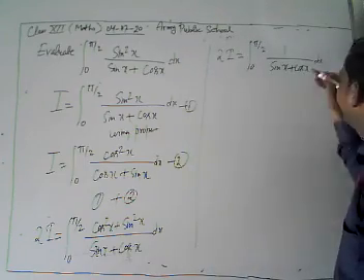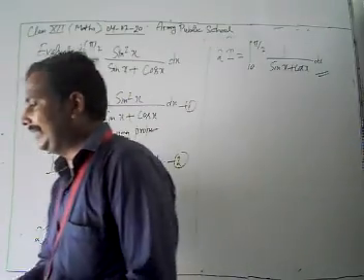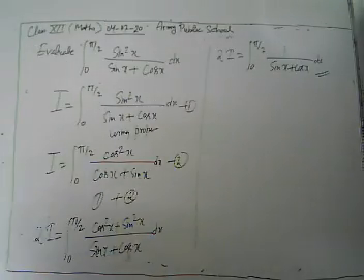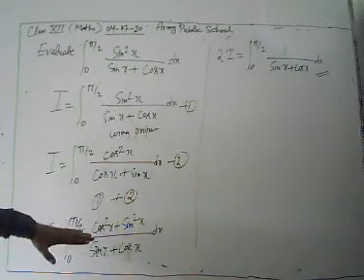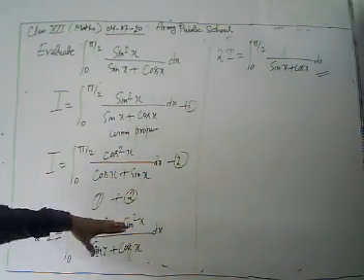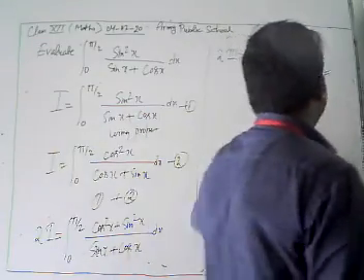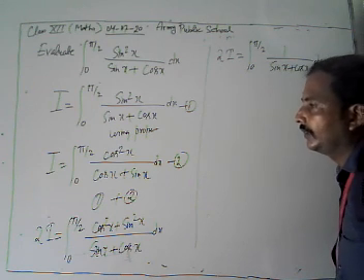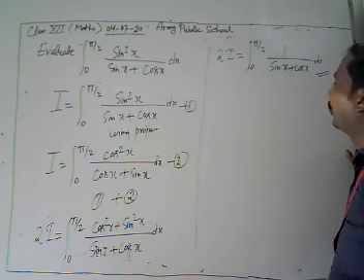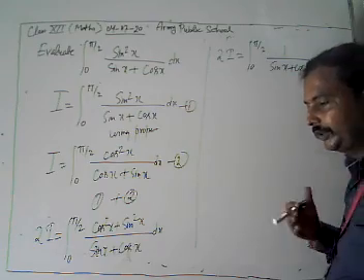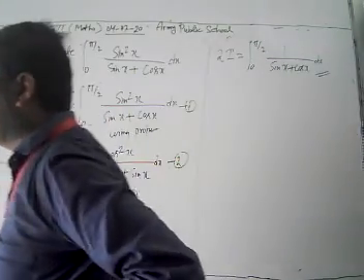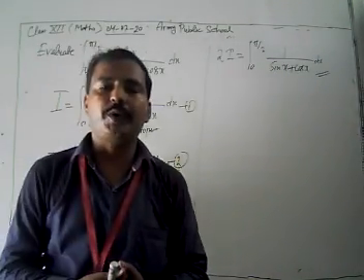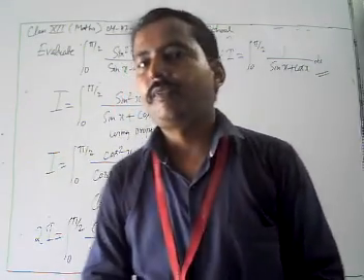Now, I told you that there is some technical issue in solving this problem. From here you are going to apply this. But after applying this, when you come to this step, it's 1 upon sin x plus cos x dx. Now to integrate it, from this step we are facing a problem. What do I do? How can we solve it? We are going to rationalize it. No, it's not possible to rationalize it.